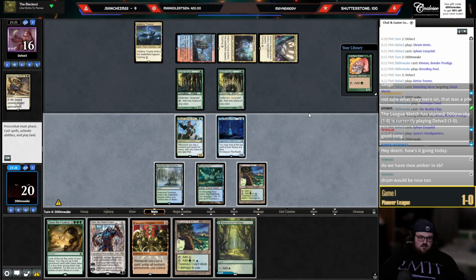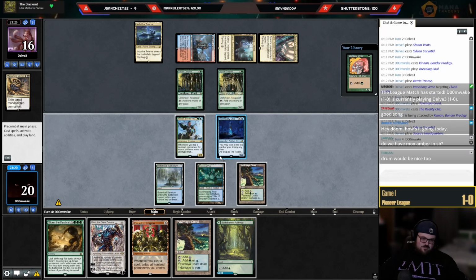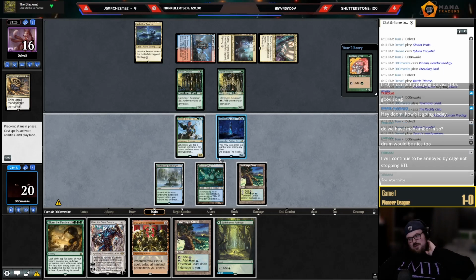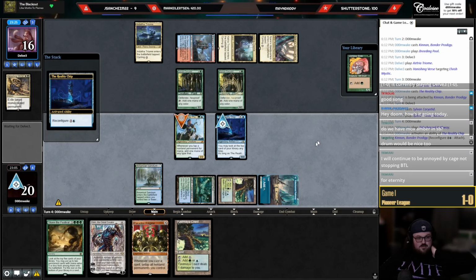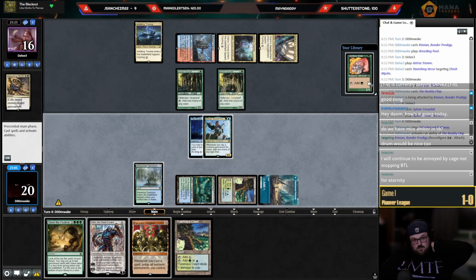Oh man. This is difficult. I'll continue to be annoyed by Cage not stopping BTL. Yeah, it really should. See, the thing is, I really need to get a permanent into play that taps for mana for this Kinnan, so I kind of have to play this Elf. I think I just have to go for it. It sucks that they have a removal spell, but...